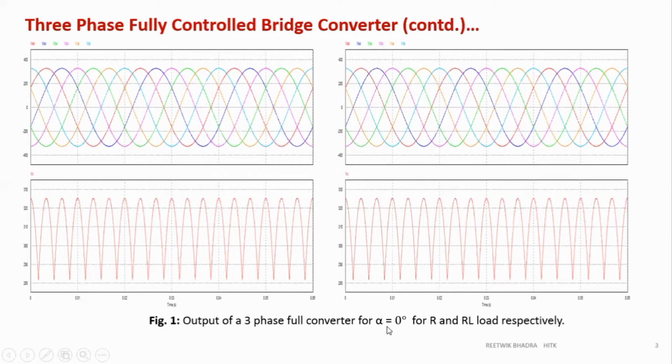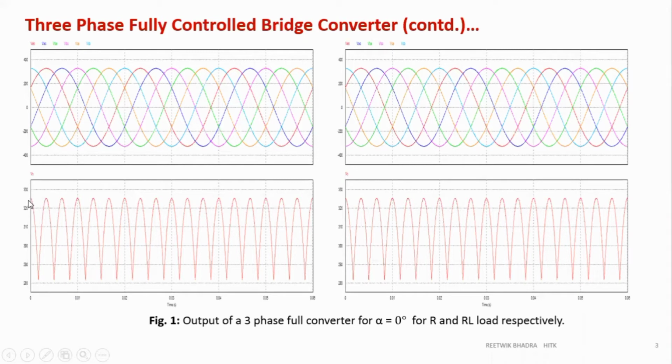If you take 0 degree, there was not a problem, because the voltage was not going beyond 0, it was not cutting the x-axis and not going below the origin to minus y. We were not getting negative V0 there. So the waveform looks the same, same magnitude. Even if it is R load or RL load, it doesn't matter if the firing angle is below 60 degree. That is the point I'm telling you. Below 60 degree, all waveforms look the same, even the magnitude.